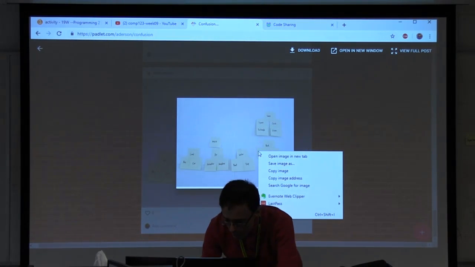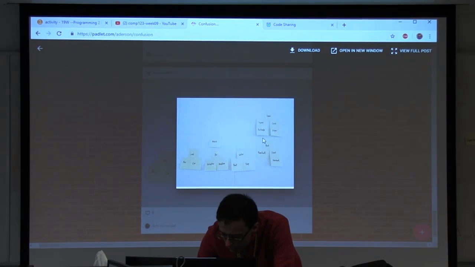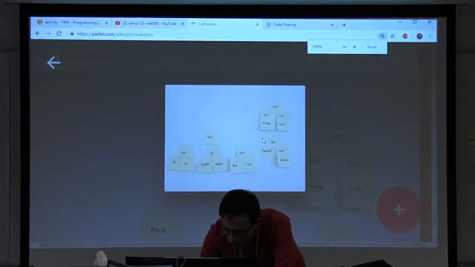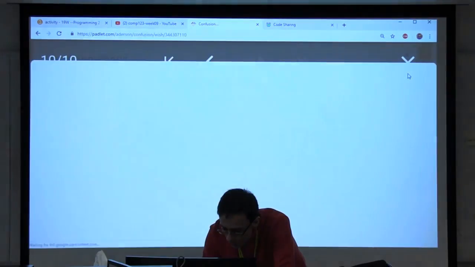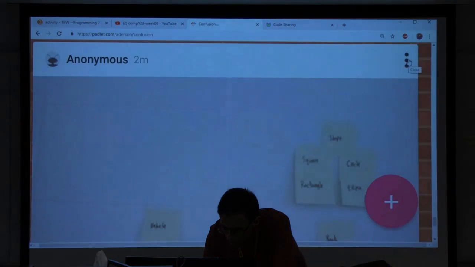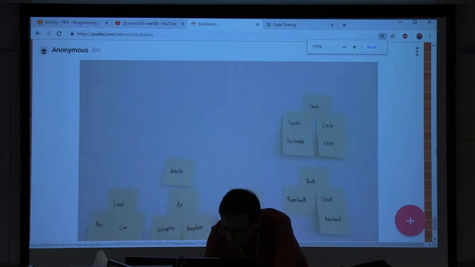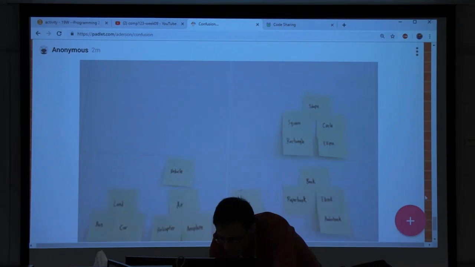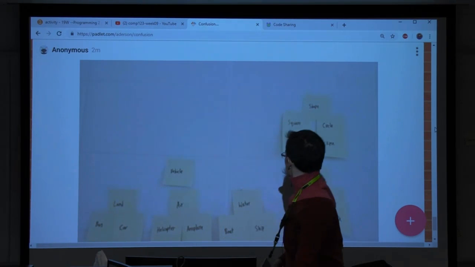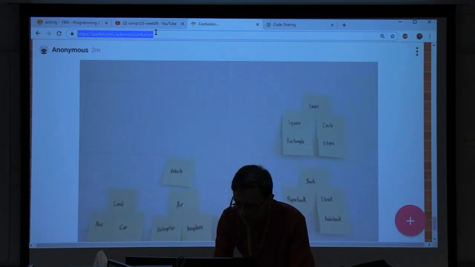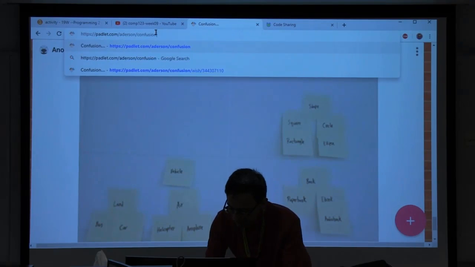Let's try to do this. And I'm going to try to zoom in here if I can. Try to zoom in. Okay, so we kind of can see that. It's very blurry. Okay, so let me refresh this.